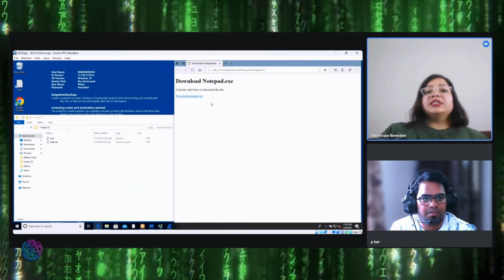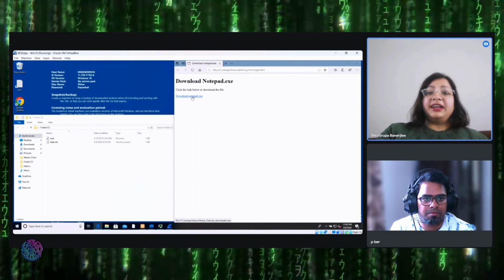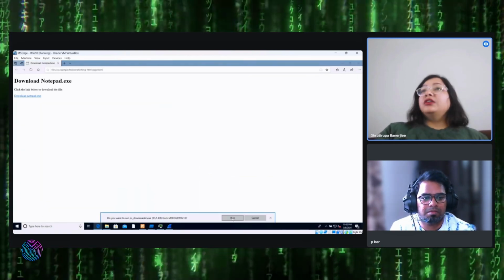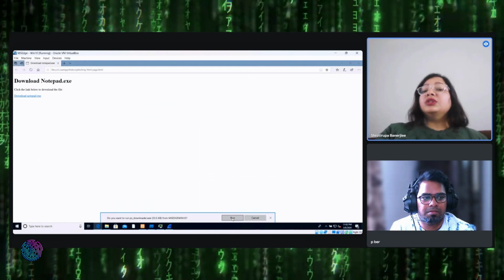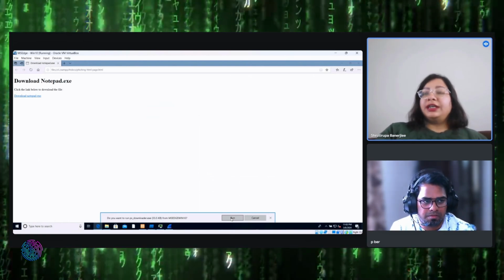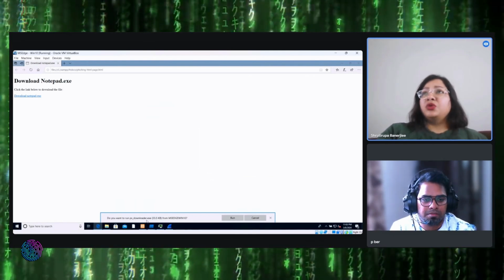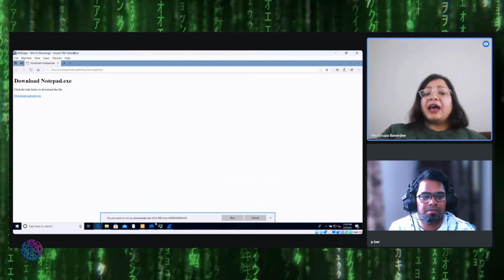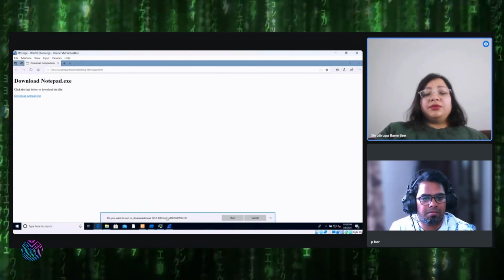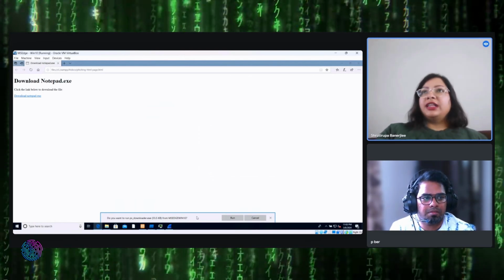This looks like the first stage, where the malware will get delivered. I download it, and it asks me if I want to run it. Now, as a user, I know that this is notepad.exe, so I would ignore everything written over here that looks like a downloader.exe. I have actually written it as ps.downloader, so that I can show you how victims are unaware of what they are